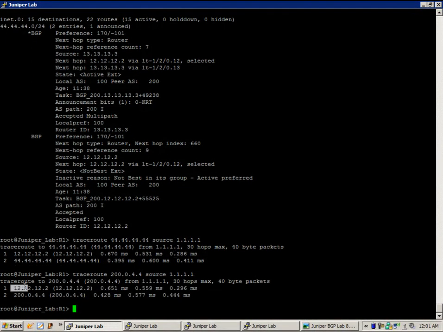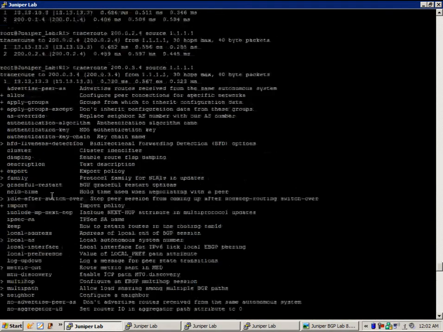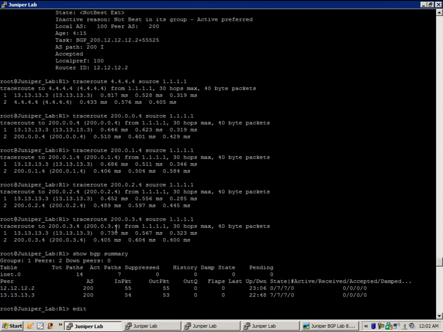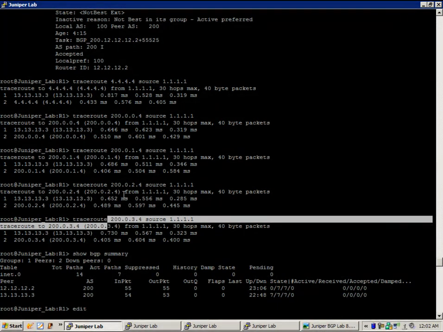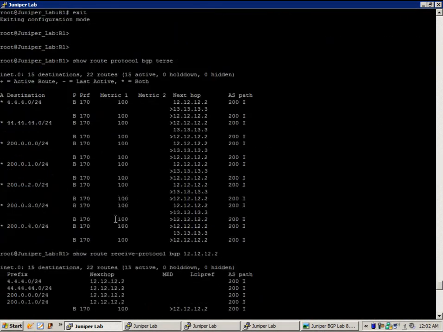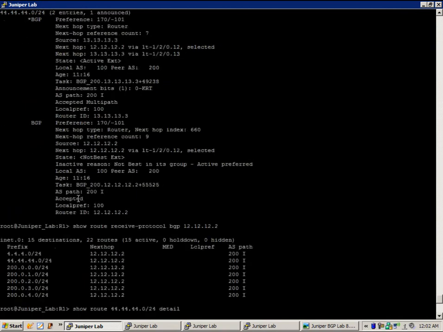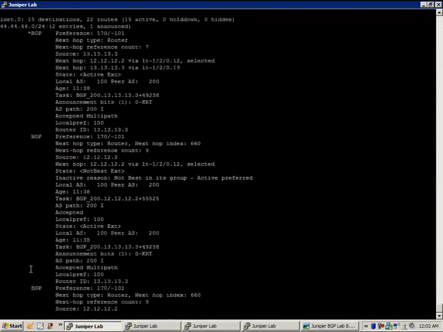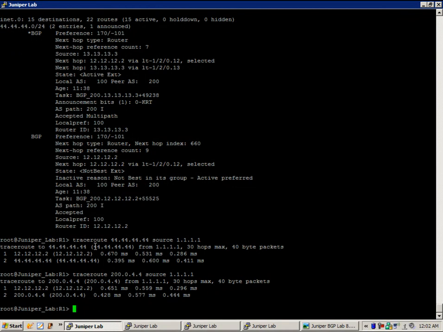And the path is going through router 2. Whereas before, when we did the trace to the 200, looks like our trace before, well, we don't have that. Well, what I wanted to show you is that after we enabled multipath, we can now see that